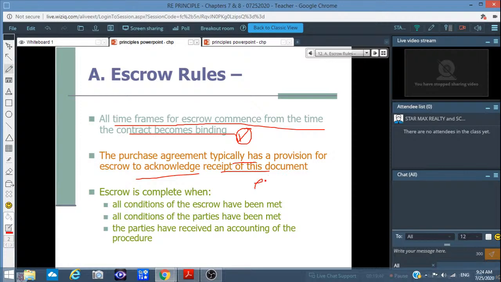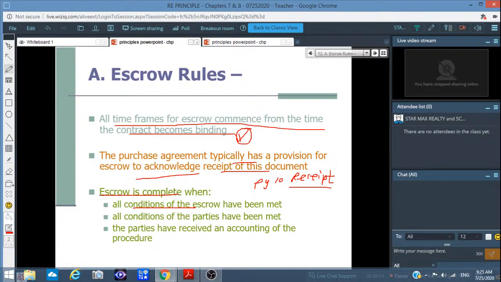Okay, the purchase agreement typically has a provision for escrow to acknowledge receipt of this document. Okay, so on the RPA, page 10 is the escrow receipt. Okay, they have a receipt in there that they sign. Okay, we got it. And who is doing the escrow? 这个协议第10页，OK，它有个收条，OK，这个 escrow 就在这边收签，OK，是我现在就做这个协议的操作。